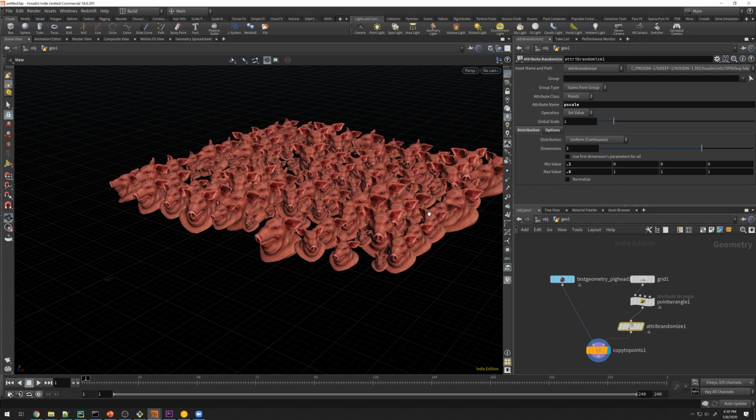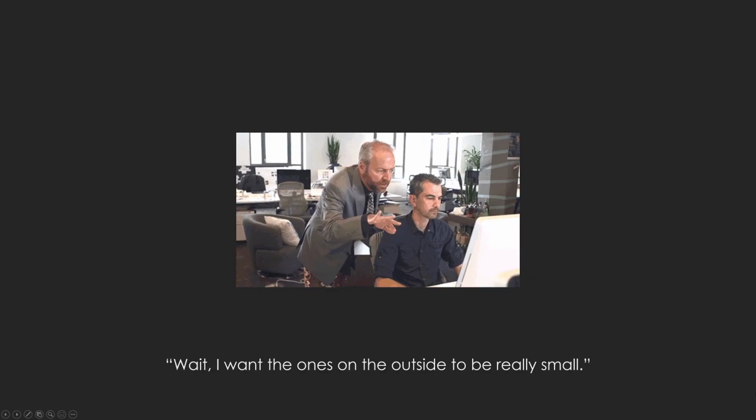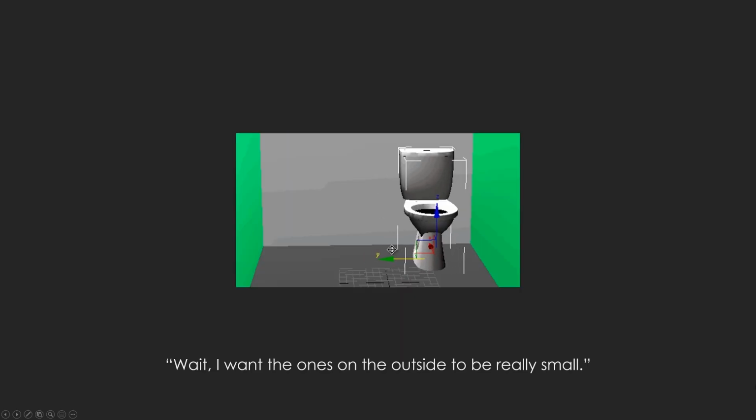Attribute randomize can do a lot of things about randomizing orientations, but it's not very good at accepting very specific instructions like that. That's why we had to resort to VEX. But for p-scale, this is all we had to do, so we're done, right? Of course not. Your art director comes back and says, wait, I want the ones on the outside to be